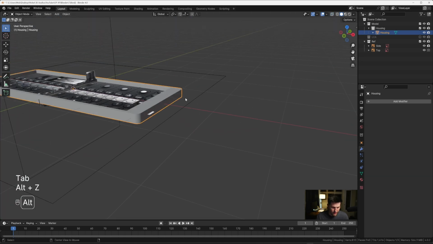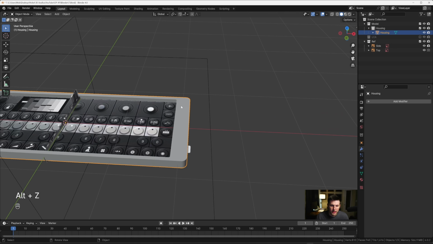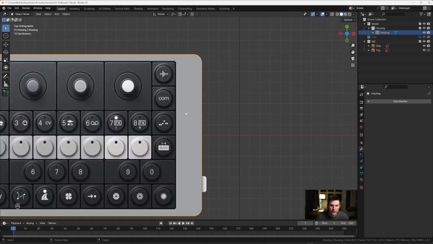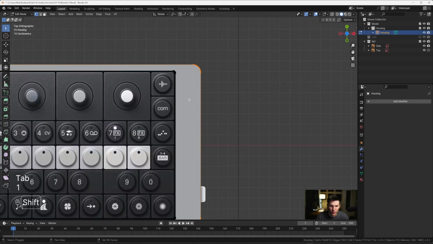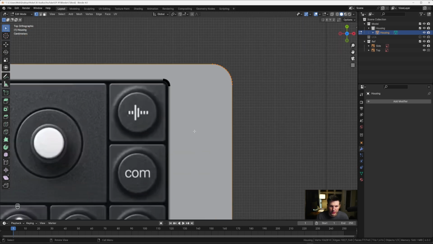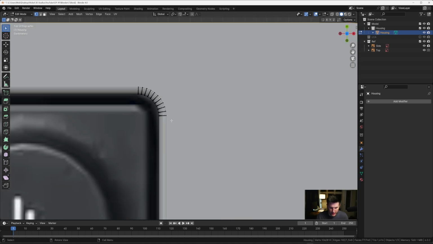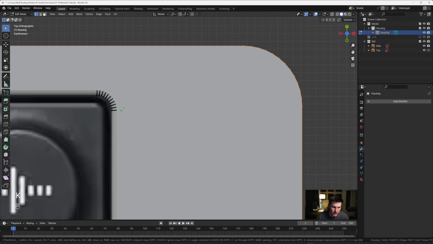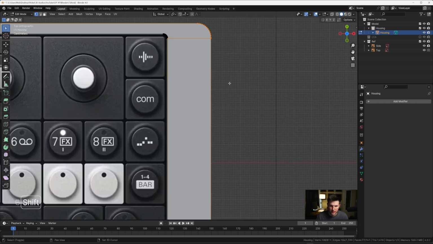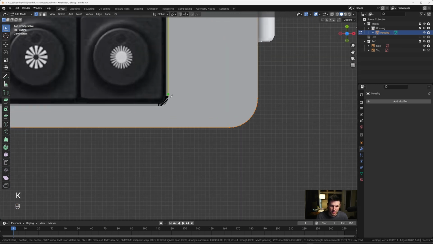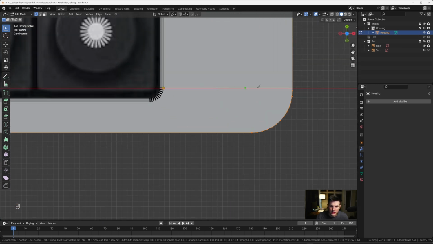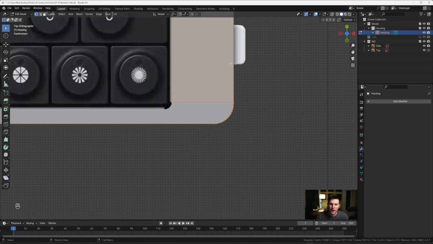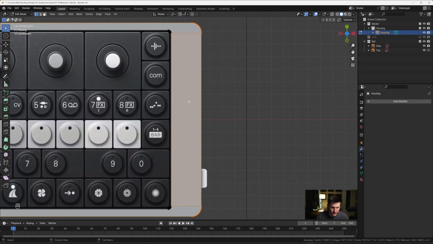Okay, now that we have that, I need basically a rectangular face on this side that we can use. So if I tab into edit mode here and go to 1, we don't really have a face at all that we can mess with here. So what I want to do is grab K for the knife tool, start at this vertex right here, click X and come all the way over, and then press enter, and then go down to the bottom and do the exact same thing. Click K, click that first vertex, X, and bring it over and press enter. What that's going to do is give us this nice rectangular face with basically just 4 vertices on each corner. So if I click 3 to go into face select and then insert here, this face,